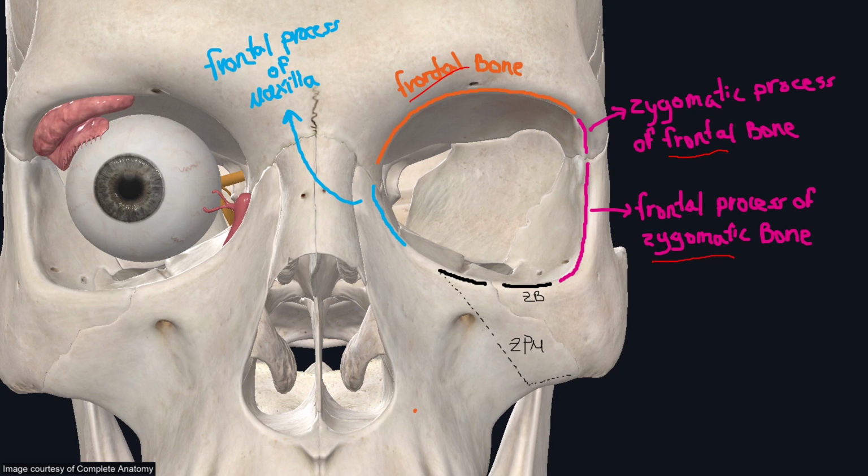The inferior margin in black is formed by the zygomatic bone and the maxilla. But what part of the maxilla? The zygomatic process of the maxilla. So this is the zygomatic process of the maxilla, pardon me. Now the medial wall in blue is formed by the frontal process of the maxilla, but it's the frontal now,